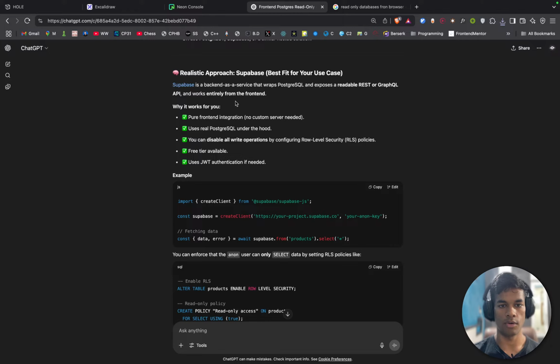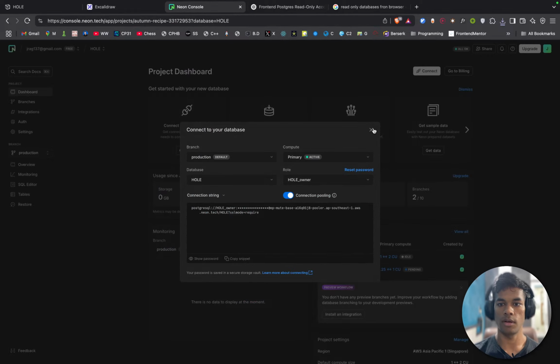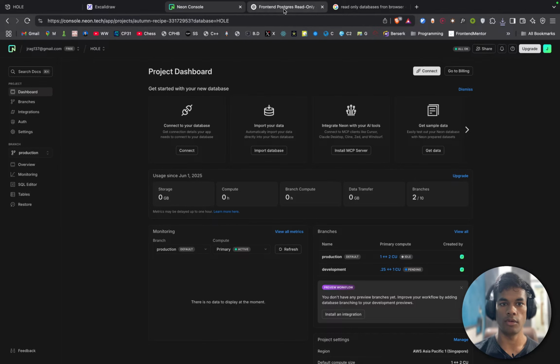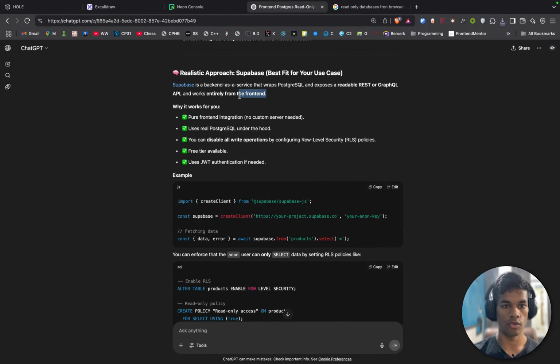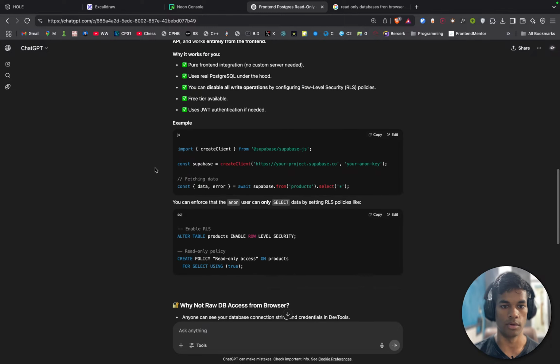That is why I was being hesitant about using NeonDB, because it would be more comfortable for me to use NeonDB, but using Supabase would be better because I have not used Supabase before.